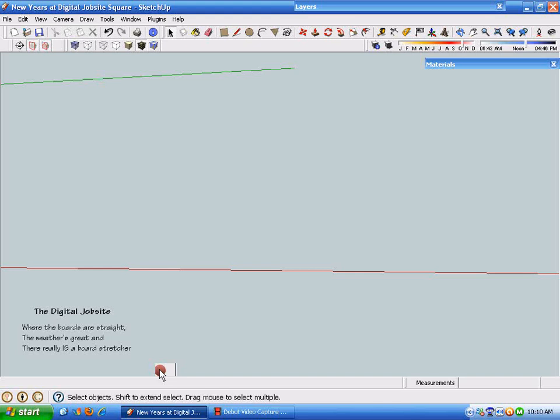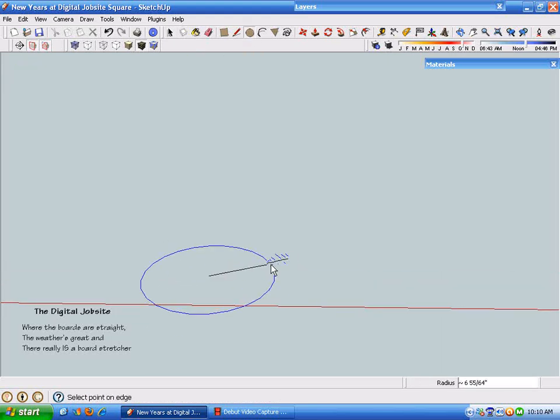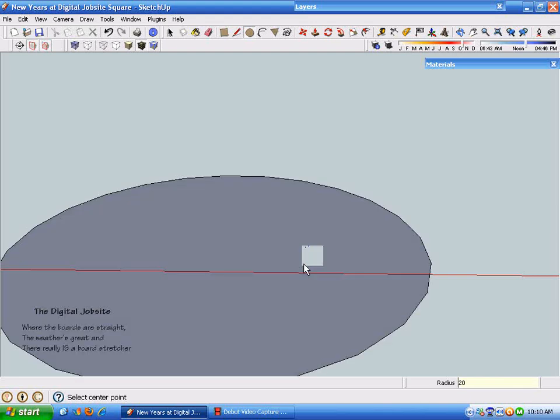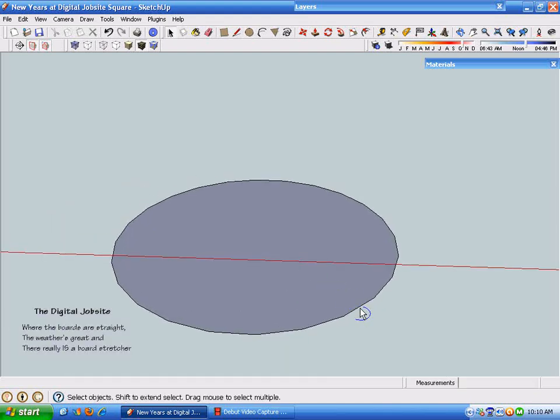With the new year approaching, I thought a short tutorial might be in order to cover creating a sphere in SketchUp. I'll use the Follow Me tool in this method, and then do a little bit of work with 3D text. To start that process and keep the video short, I'm just going to grab the circle tool. We'll start drawing a circle here and type in 20 inches to give us a sphere with a 40-inch